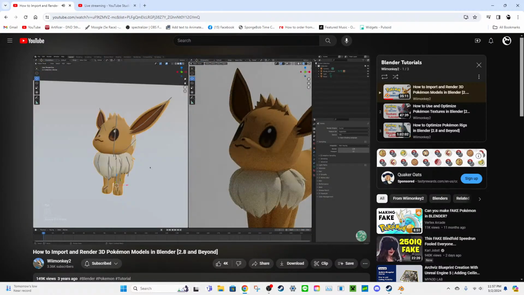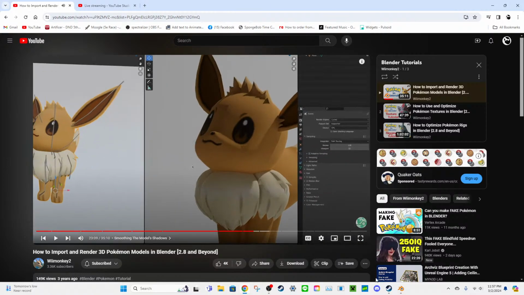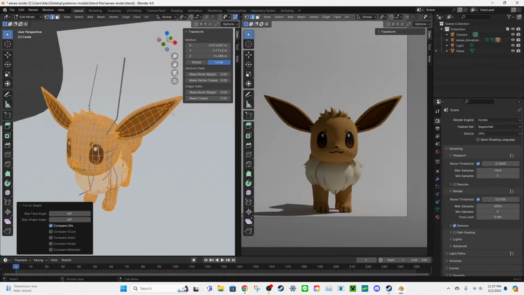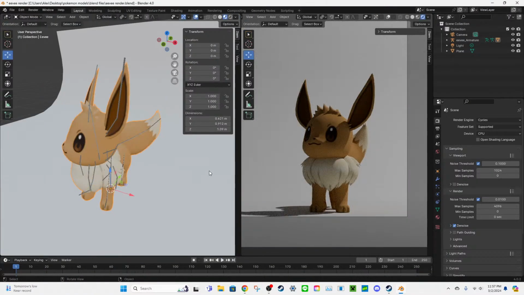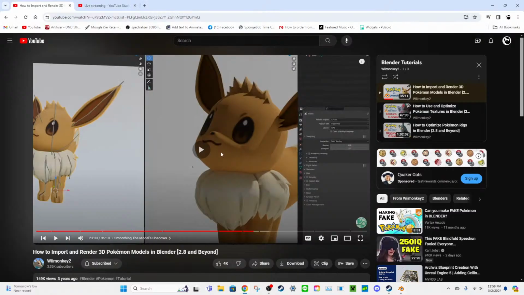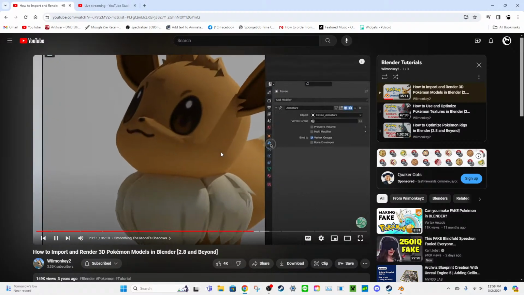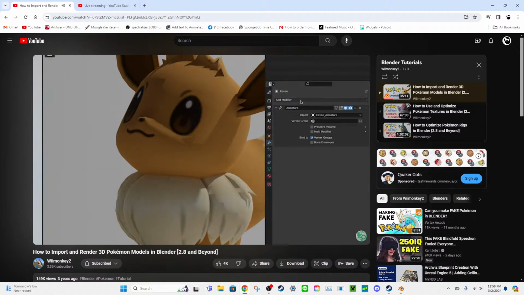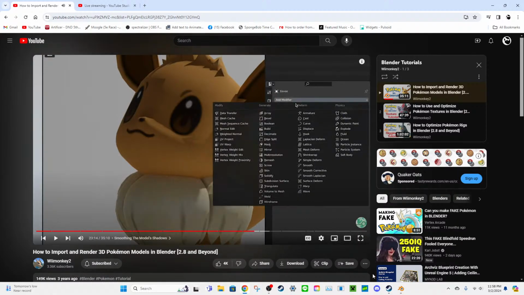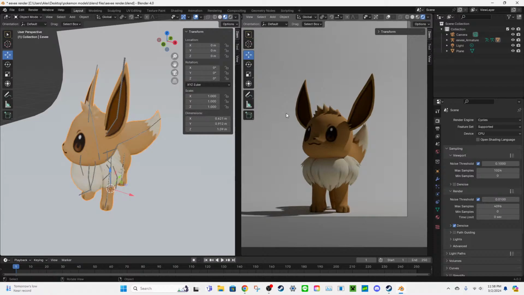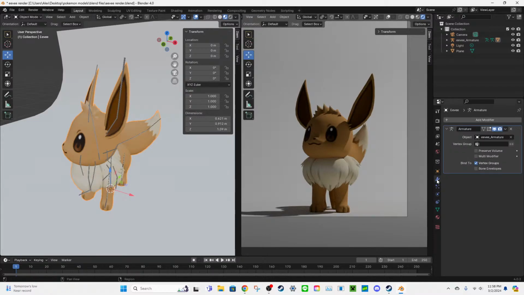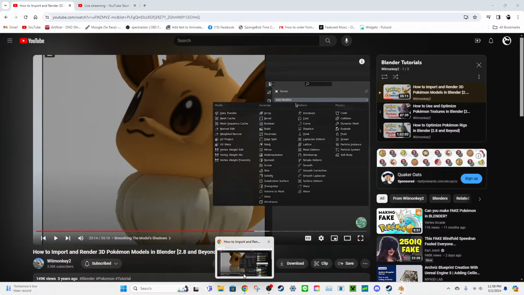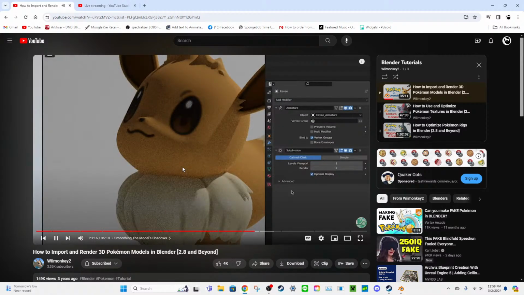Tab out of edit mode, the scary part's over now. And go into the modifier properties. From here, click Add Modifier. We're adding a modifier. Select Subdivision Surface. Using this modifier,